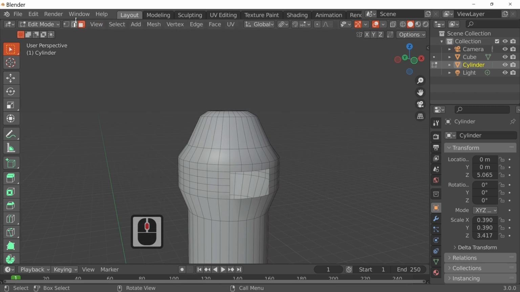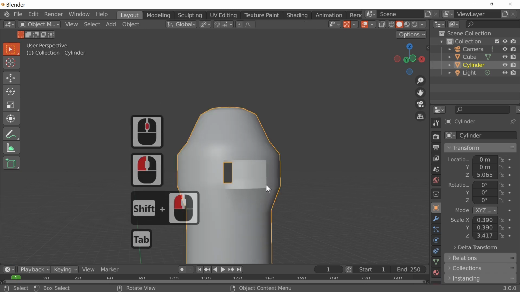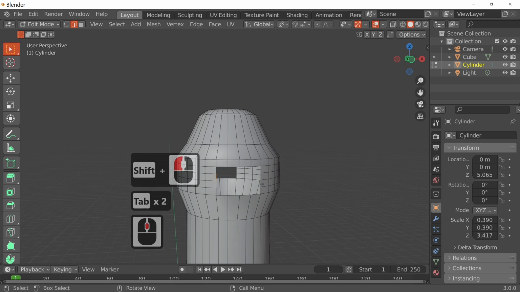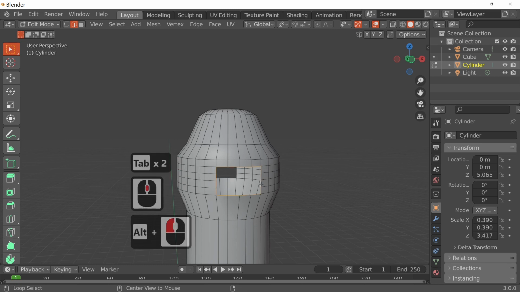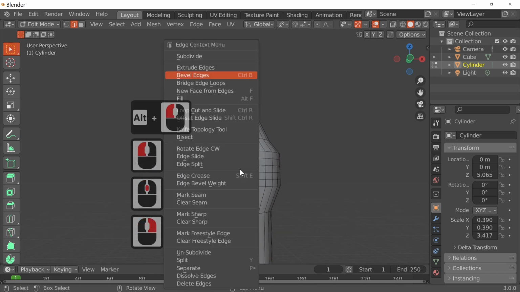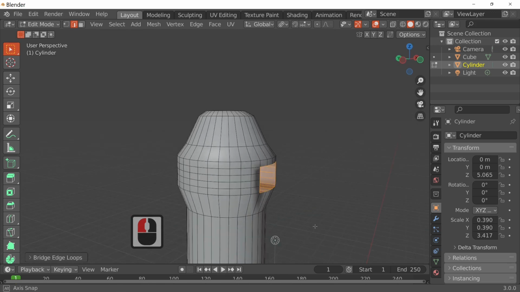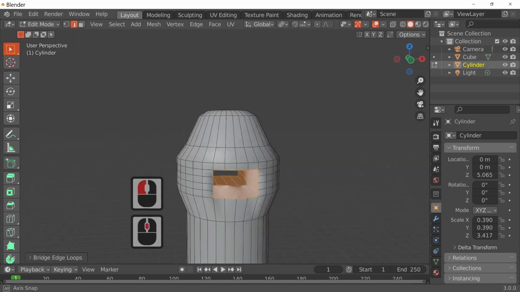I'm then going to select this point here. In fact, I won't do that. I'm just going to do it a different way. So holding the Shift Alt key down, select that face there, then press the Shift key while still holding the Alt key, and select that one on the far side. If we then right click, we've got another menu that comes up, and we can bridge edge loops. So now we've bridged edge loops, which puts the lines through our hole.